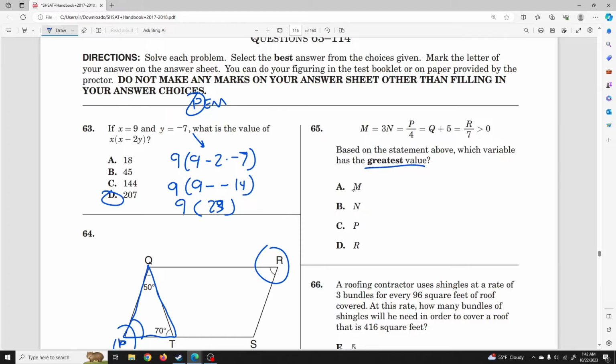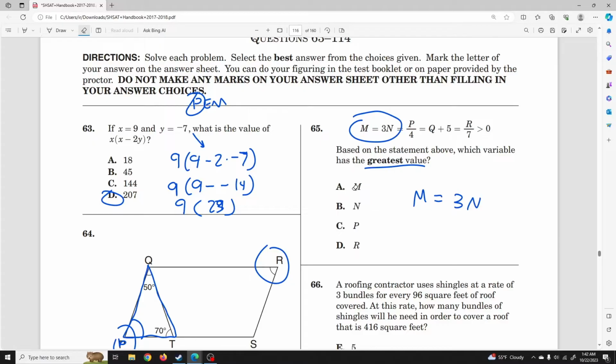right? So which one of these has to be the biggest number? So we're just going to go in descending order. So starting off with m, it's saying, is m the greatest? Well, maybe that's not the best value to start off with, right? We don't know if m is the greatest yet. So let's start off with n, and n is a good number to start off with if we're unsure of m. Because right here, the first thing we look at is m is equal to